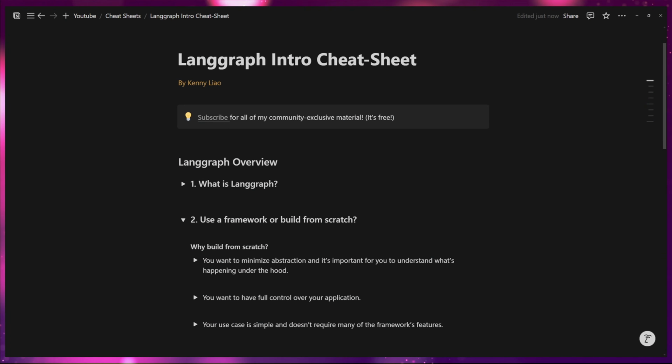Now, getting into whether Langgraph is the right solution for you or not. If you have never tried a framework and are thinking about using Langgraph versus building from scratch, some considerations might be how much control do you want to have over your application? Do you want to minimize abstraction? Is it important for you to understand what's happening under the hood? Maybe your use case is really simple and it doesn't actually require that many features that a framework has to offer. All of these reasons would be good for you to just go ahead and start building with the LLM